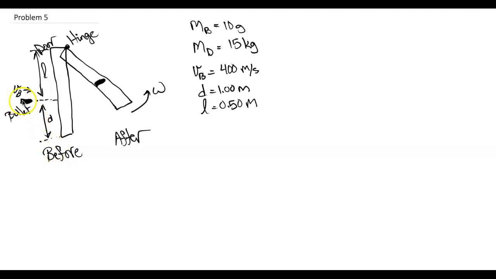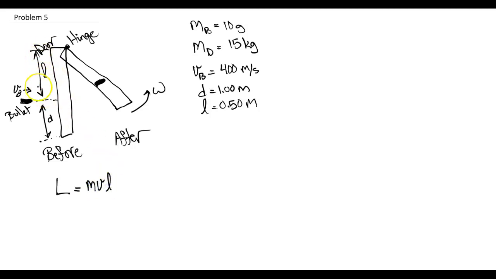So in this problem we have a bullet that hits a door. It moves the door through the hinges a certain amount, and we're asked to find the angular speed omega of the door after the collision, and whether its kinetic energy is conserved. So one thing we can say is angular momentum, L, is given by the mass times the velocity times